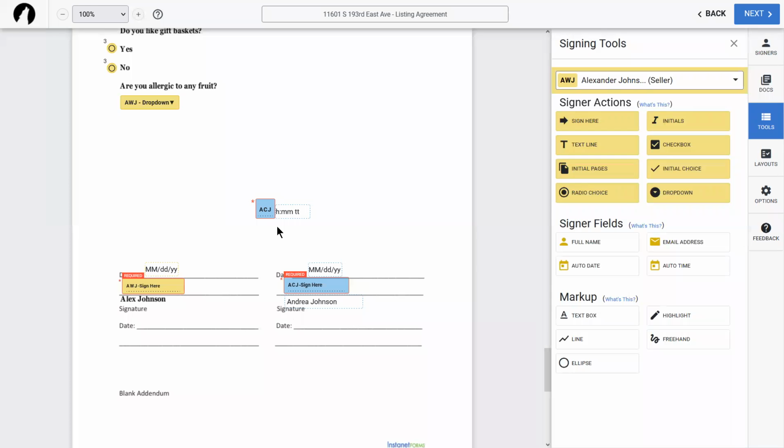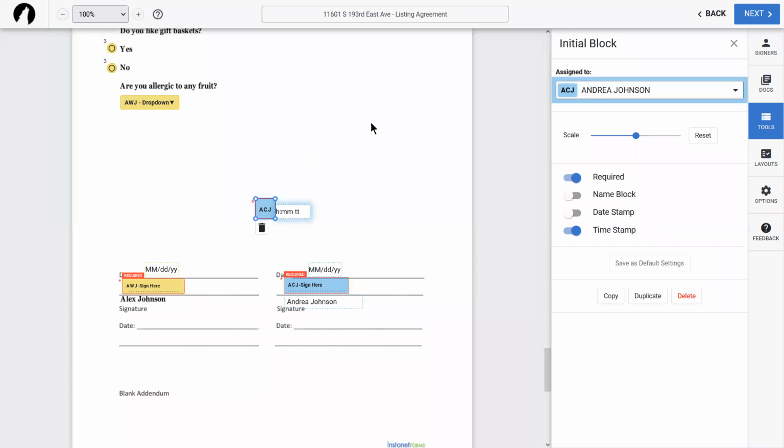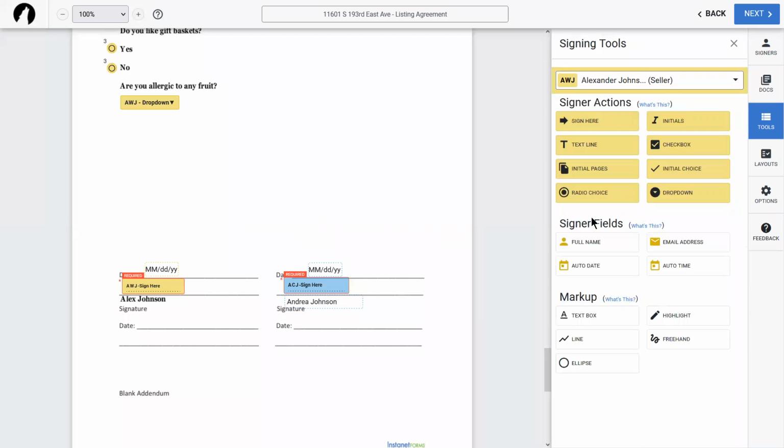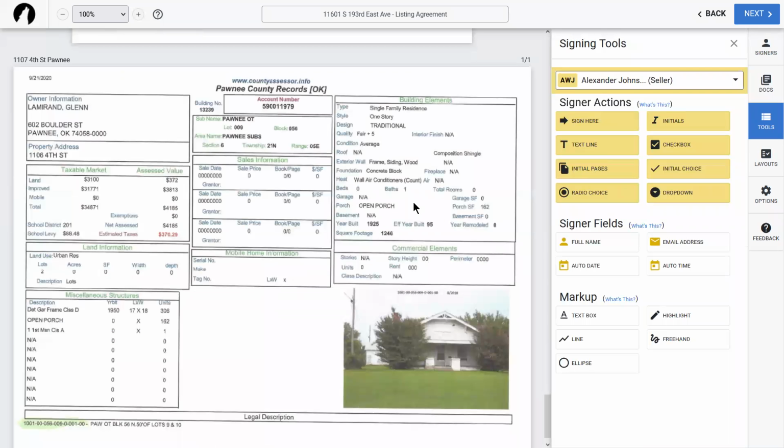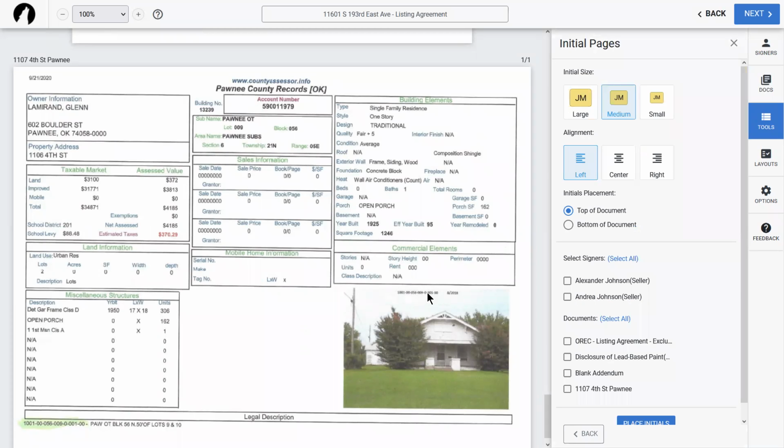Now, just so you guys are aware of an additional option that they added, and again, this is part of the new system, there's also an initial pages option. So for instance, on this county assessor's information, if I needed to add the initials onto this page, I can do initial pages.